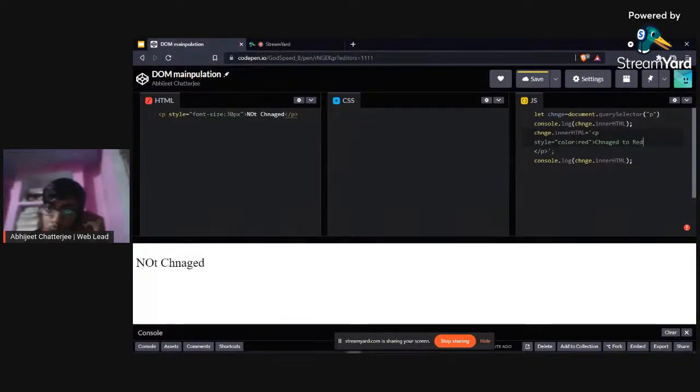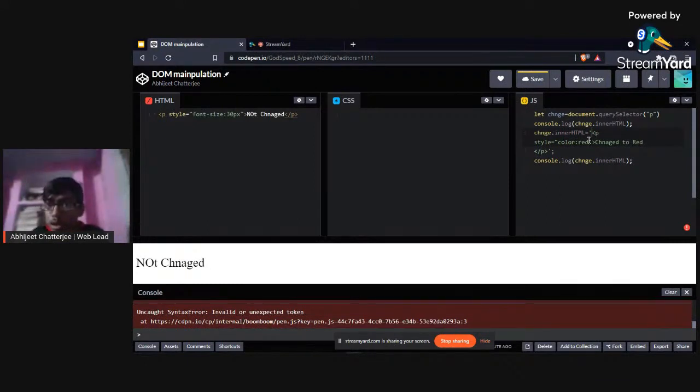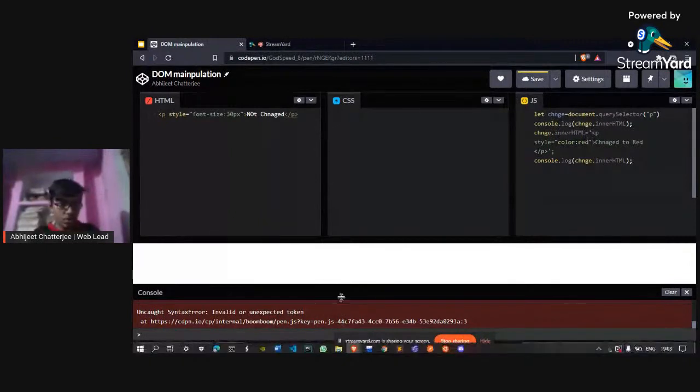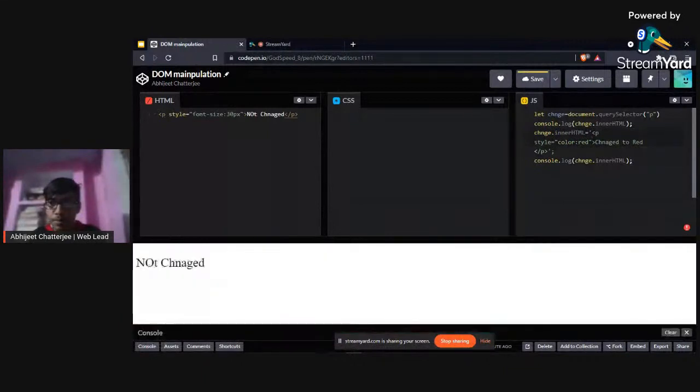Okay, why is it not changing? Invalid token. Okay, I did something that I shouldn't have. Change to red. Why is it not happening? Invalid and unexpected token. Not change font size. Oh, p.style. Which kind of p, right? Now that we have seen the change and provided HTML, now let's make it a bit more specific